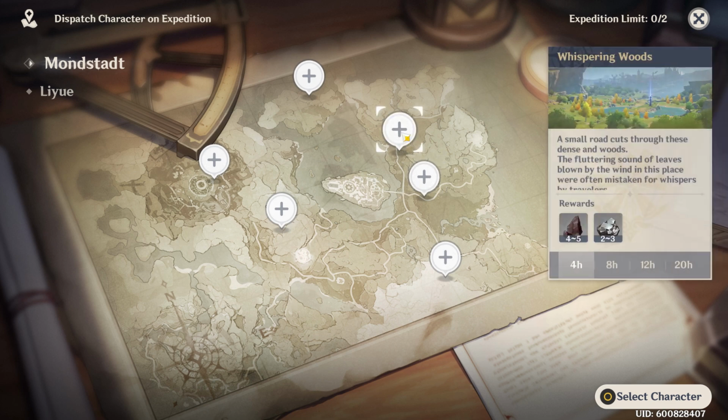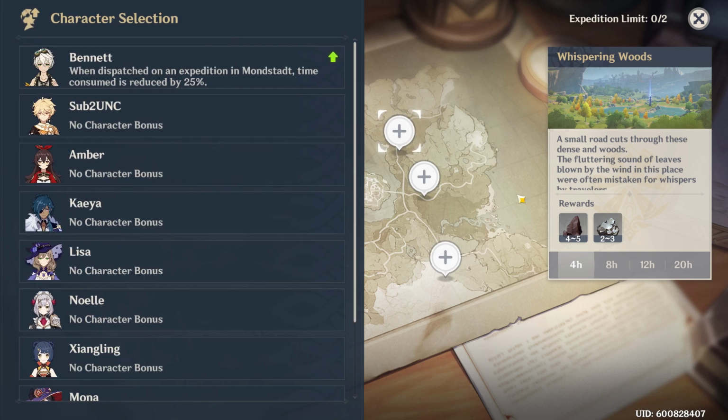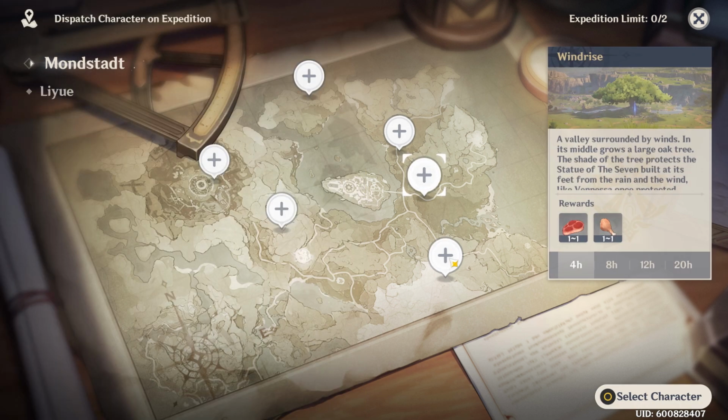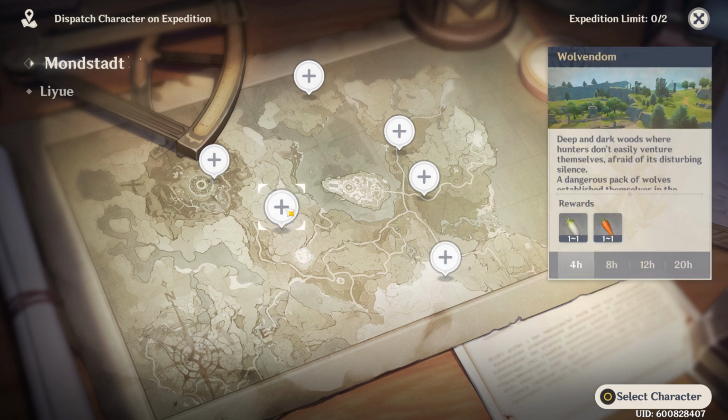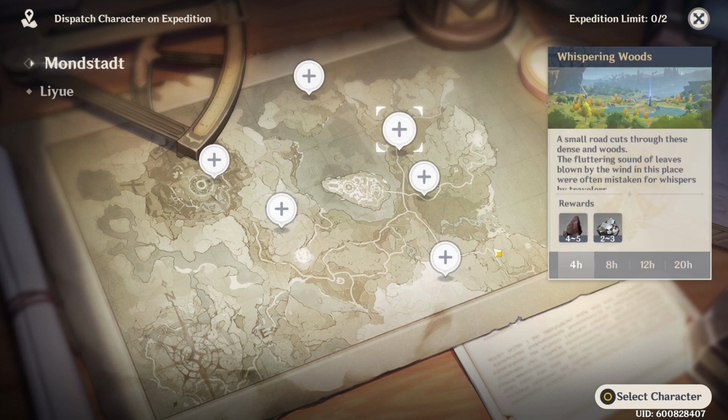In order to send someone out on an expedition, you'll need to talk to Catherine, the Adventurers Guild lady, and then you can send whoever you want out to areas that you've unlocked to collect things for you. Each area has a set resource you can collect, so some places will give you Mora, some places give you ores or carrots or meat. It's up to you. As you can see, obviously the longer your character's expedition is, the more resources they will